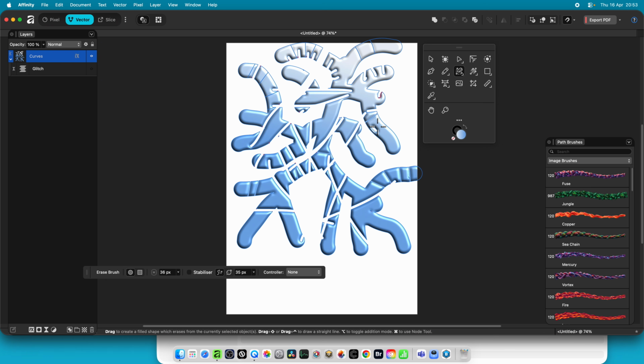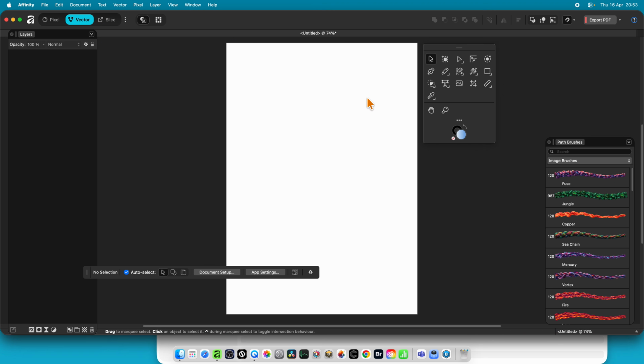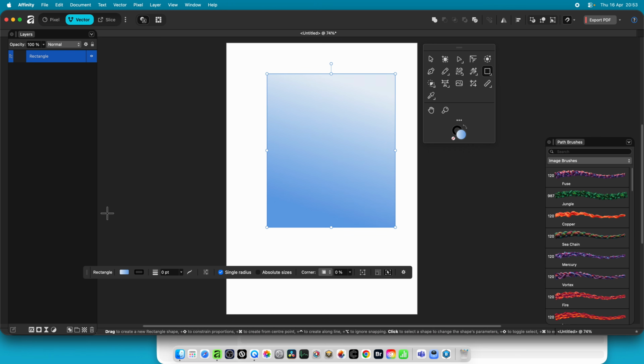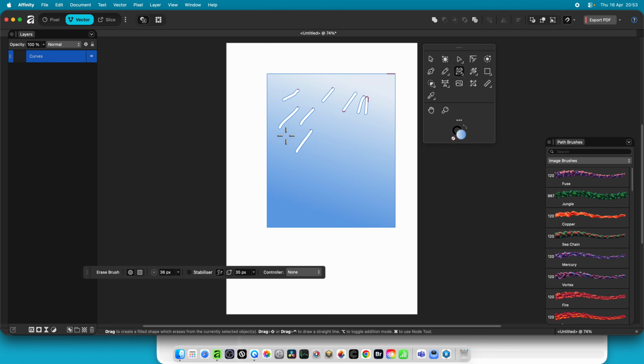Now let's just apply it in the center as well, so you can see if you want. Let's just do that. So actually, even better, let's just draw a completely separate thing. I was just going to try it. I haven't tried this. Let's just go for it. Vector erase brush. And you can see you can use it for that as well. So you can use it, of course, not just with itself, but with other paths. So that's a really useful, quick addition feature, which I must admit I hadn't thought about testing out and trying